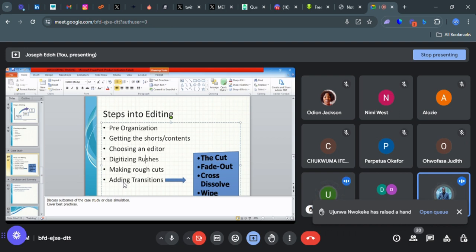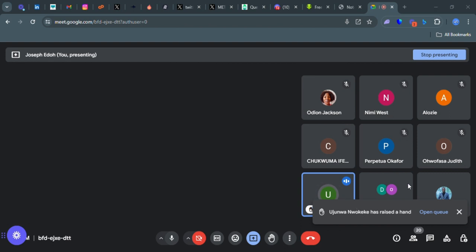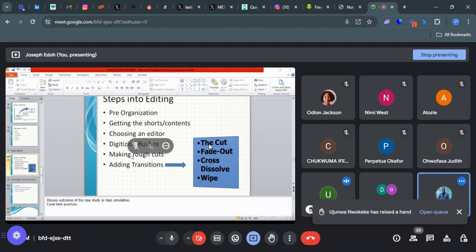And then the next thing after you make your rough cut is adding what? Your transitions. What are transitions? Transition in video editing is how you want your videos to move or to transit from one point to another. The most commonly used transitions are the cut, fade out, cross dissolve, and wipe. There are up to 50-60 transitions, but these are the most commonly used, and I can't talk about them now because they are practical stuff. Okay,